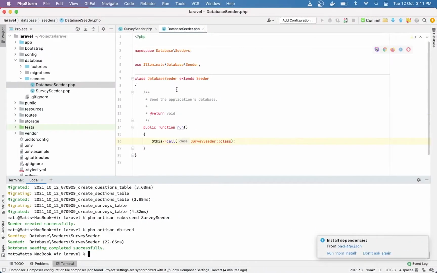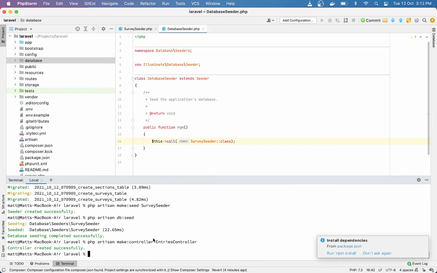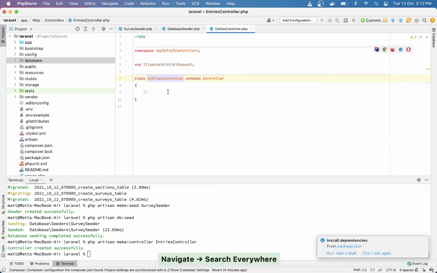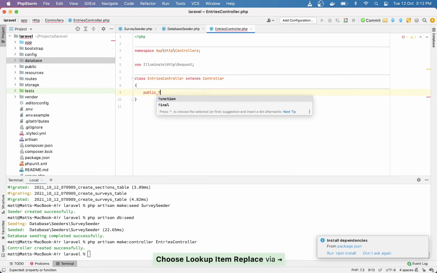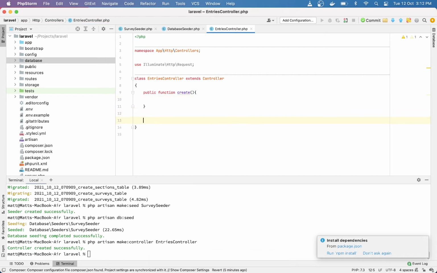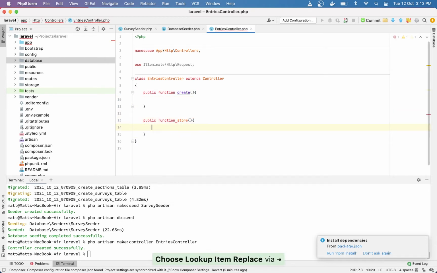So what I'm gonna do is I'm gonna head over to my app and I'm just gonna create a new controller. I'm gonna call it EntriesController. Again, you can call this anything you wish. And in my EntriesController, I'm just gonna have a couple of functions. Again, this is optional, but I'm just gonna have a create function. We show the form for the survey, and then I'm gonna have a store function where we will store the